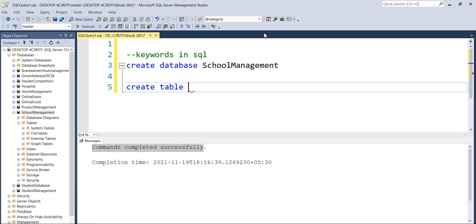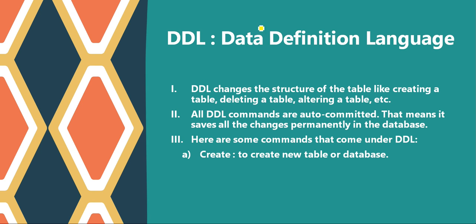But there are many more things we need to discuss from the slide first. Okay, so this create command comes under data definition language. It is going to change the structure, meaning we will add something, delete something, or alter something. So these kinds of commands are data definition language.